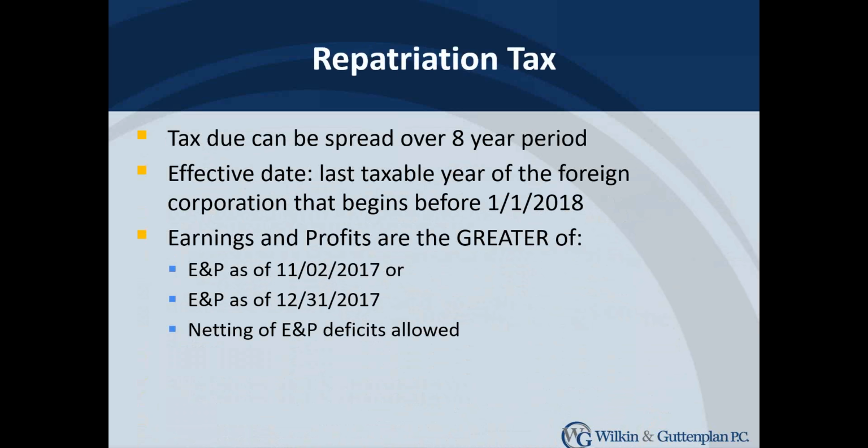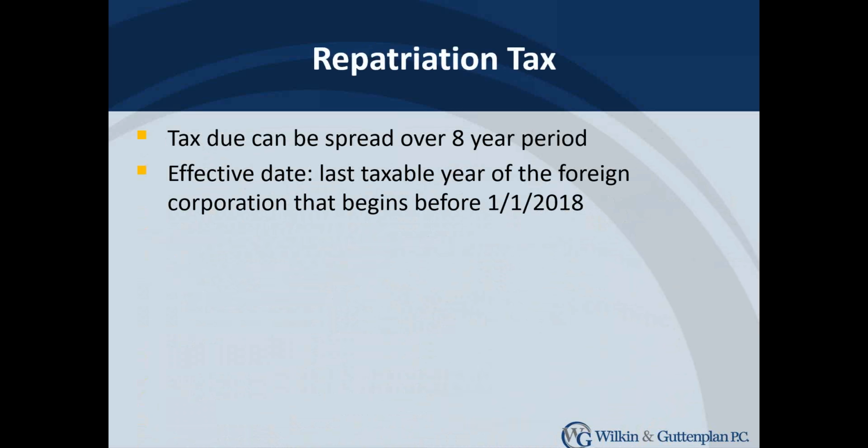What I will say on the second bullet is that wherever we have foreign entities that are on a calendar year basis, there is a possibility that some U.S. taxpayer may have an income pickup in 2018 and 2017, depending on where that year falls. So imagine, it could be a straddling event where they have income pickup in 2018.